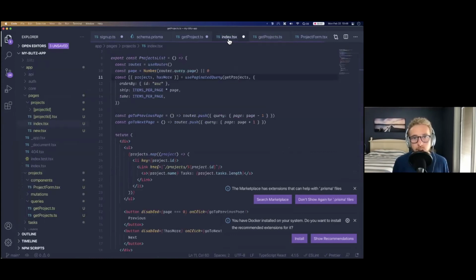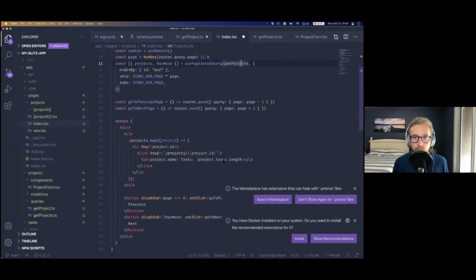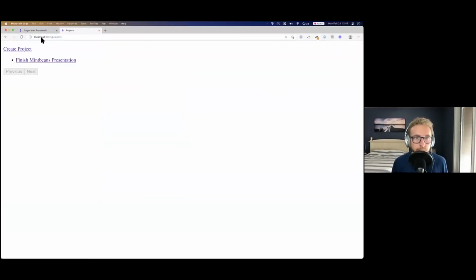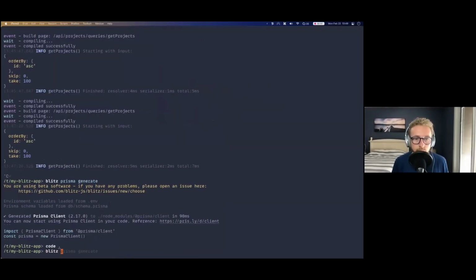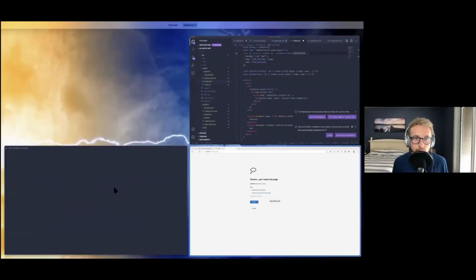So now let's go back to our component. Oh look, that error is gone. The project.task.length error is gone. We need to start the server. Server is starting.